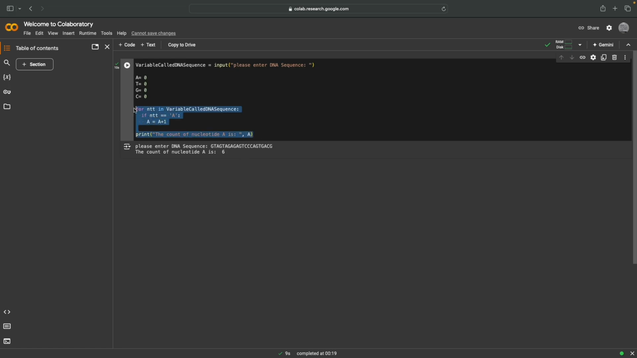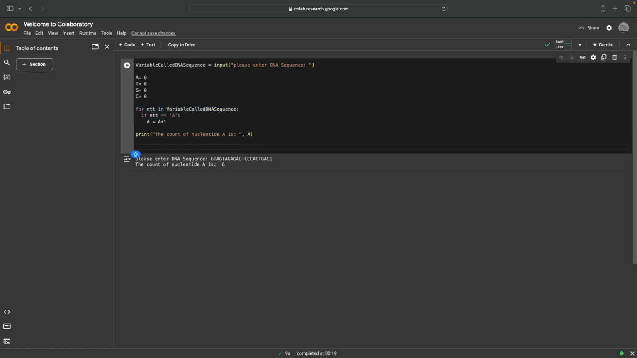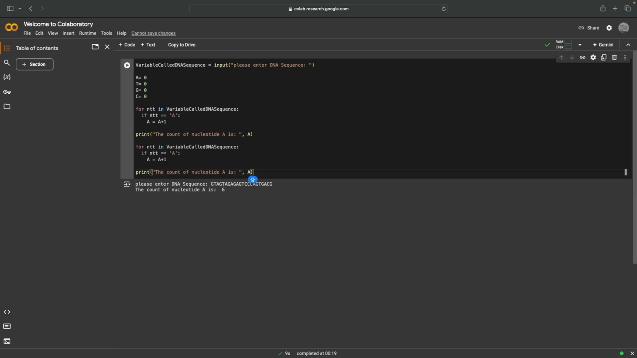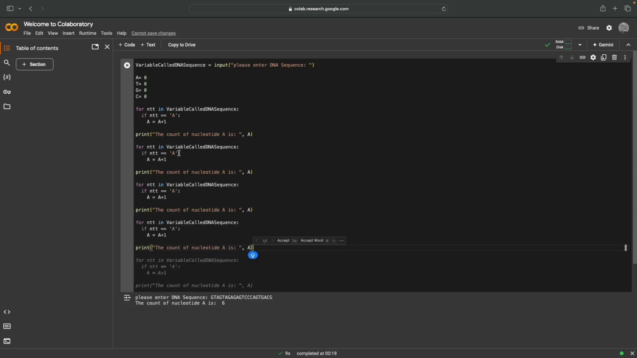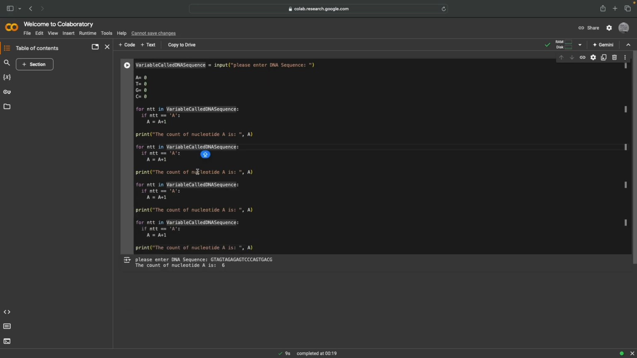I simply replicate this command for each and every nucleotide. So I simply copy and paste. Now, how do you do that? It's Control C on your Windows laptop or computer, or Command C on your Mac. And to paste, it's Control V on Windows and Command V on Mac. So I do it 4 times for the nucleotide, and now this is not enough, because right now it will give me the output for adenine